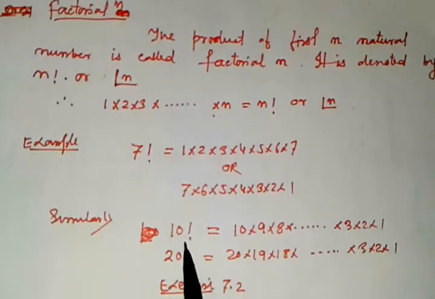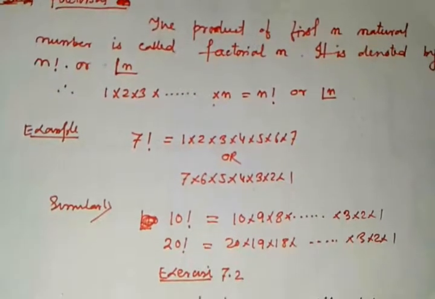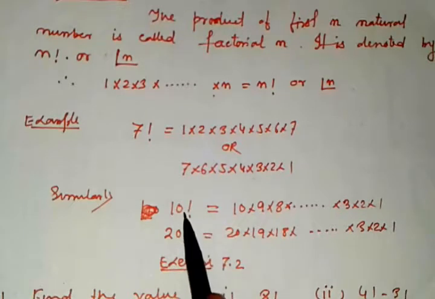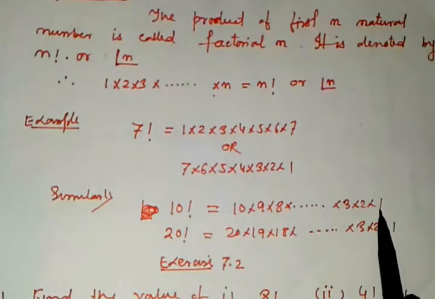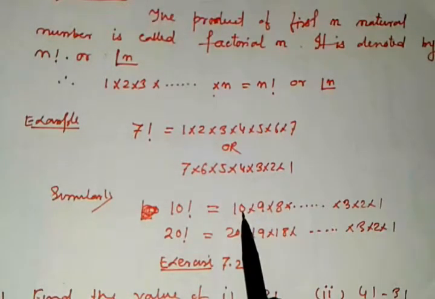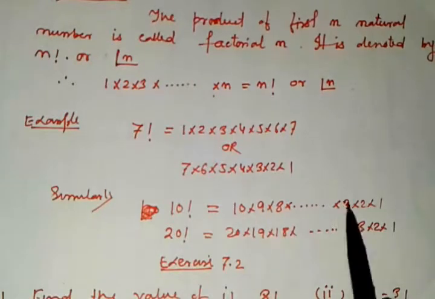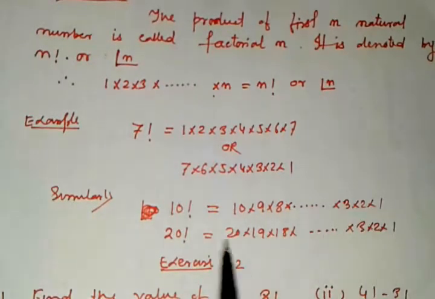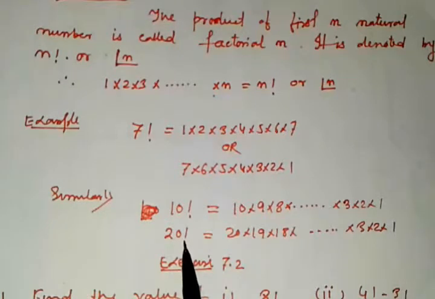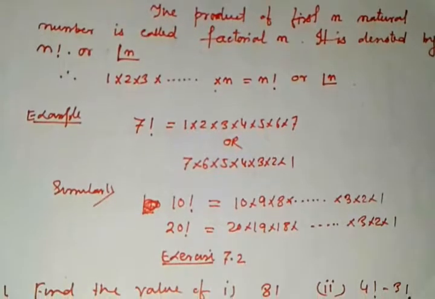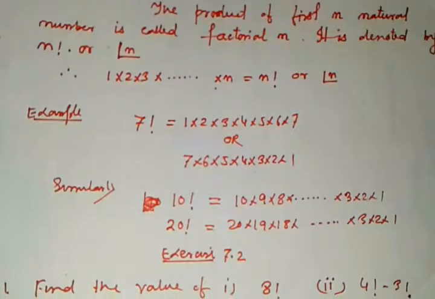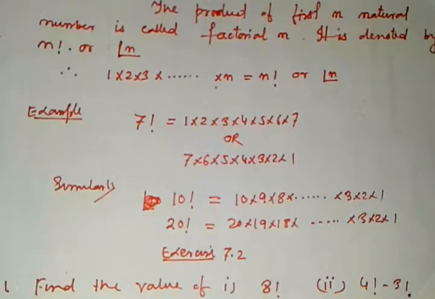Similarly, factorial 10, that is from 10 up to 1. It is 10 into 9 into 8 up to 3 into 2 into 1. Similarly factorial 20 is 20 into 19 into 18 up to 3 into 2 into 1. There are some examples and some problems in the exercise number